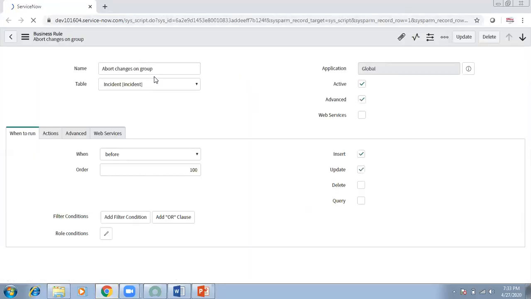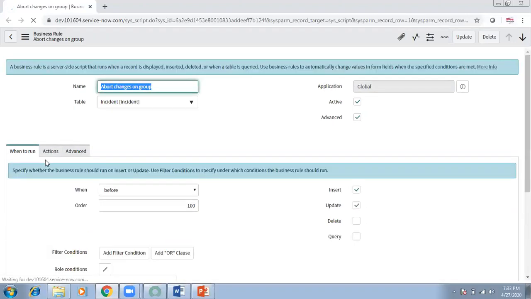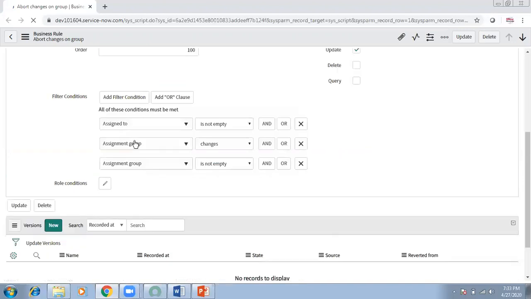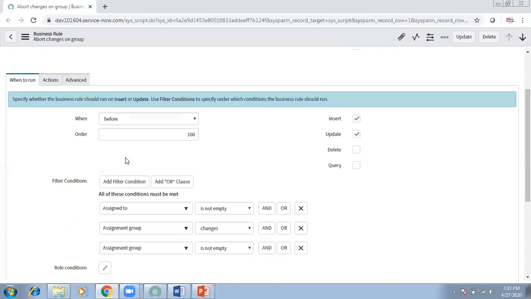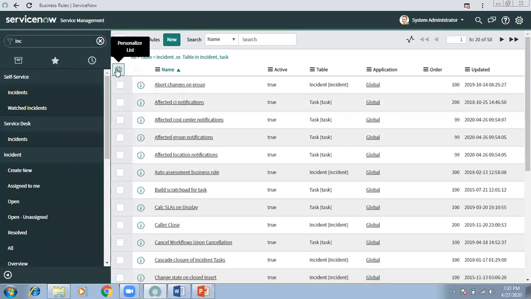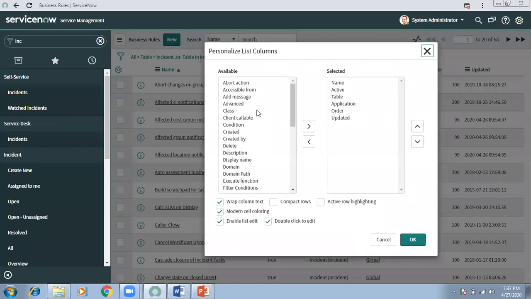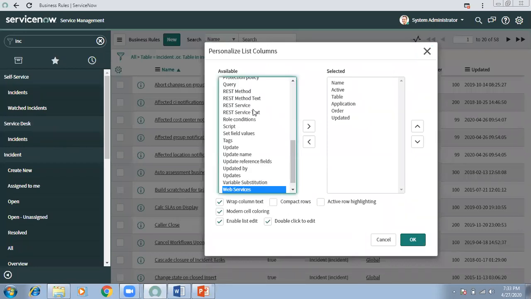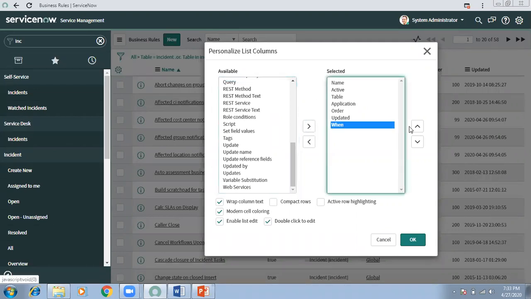So a task business rule will also be applicable for incident. Yes, parent code gets applied to the child by default in case of server side scripting, not in client side. In client side, you have to explicitly define whether you want this code to run on children or not.